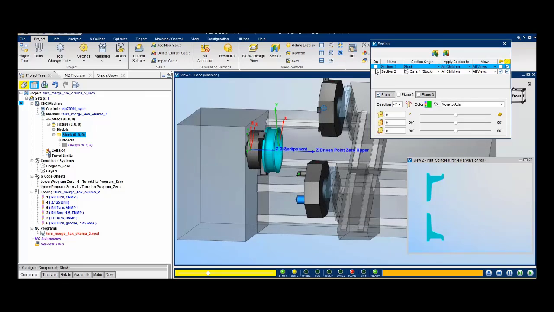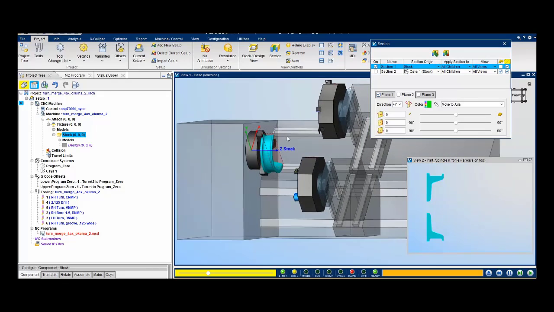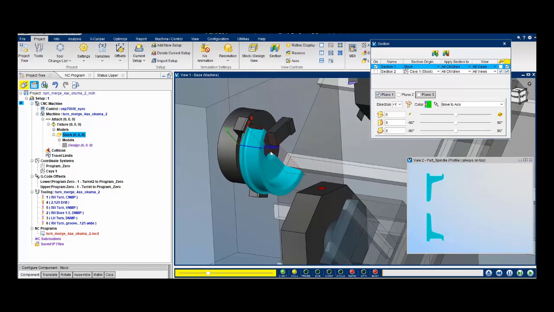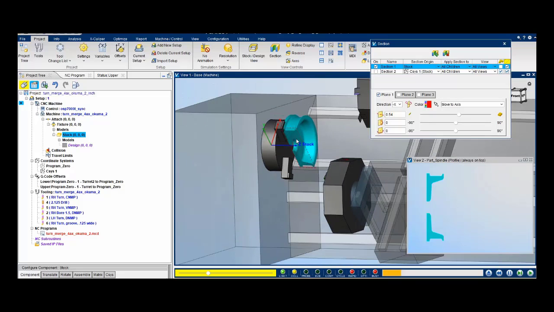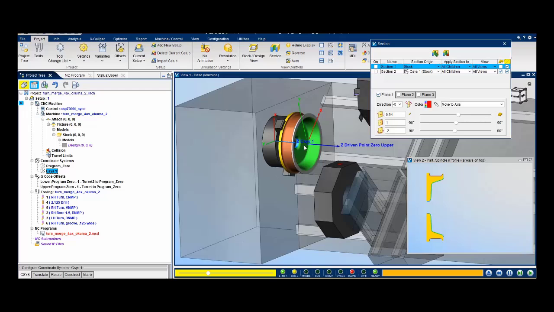When I activate section 1, the section plane along my X is along the same angle, and I can slide that just as I did. I can also change the direction here. Now let's take a quick look. If we wanted to change the orientation of our section planes, yes, we could rotate them here as shown, or what you can also do is create a coordinate system, and we'll see that I have CSYST1,